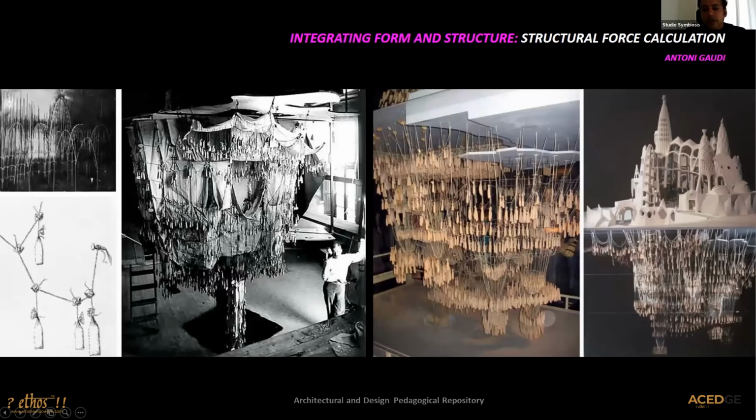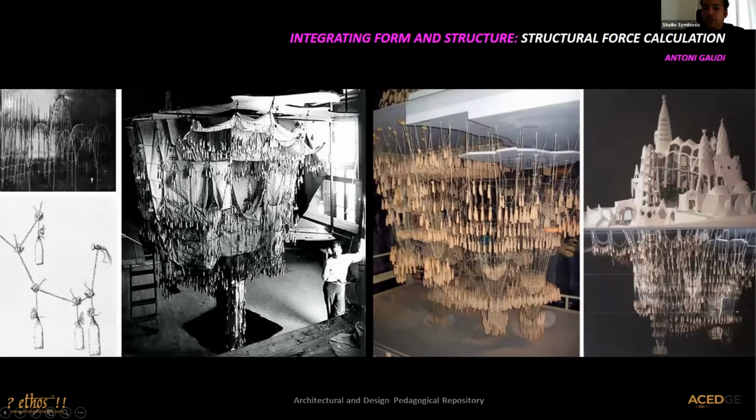Then this is another one, where another analog model was made by one of the most famous architects, for one of the most celebrated projects of our lifespan, which is Sagrada Familia in Barcelona, Spain. So here gravity was the driver to create the geometry. Essentially it's an inverted chain system mechanism, where the chains and the entire system are made, and through gravity the design emerges. And what you see on the rightmost image is a mirror. So this is an inverted chain mechanism on the bottom, and the inverse of this on the top is the Sagrada Familia.